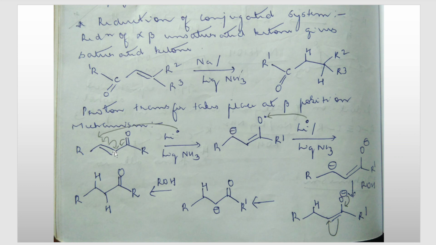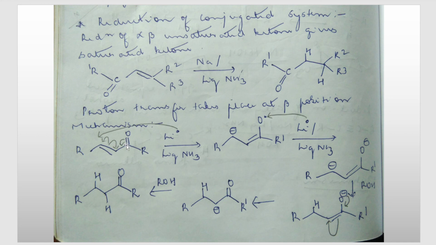Now what has happened to carbon number 3? It already has one electron. There is carbon number 4 here, and carbon number 4 has a double bond with oxygen, that is, a carbonyl group is there, correct? C double bond O. Once again, the pi bond, or the double bond, breaks in such a way that oxygen gets one dot and carbon gets one dot, or one electron. So now carbon number 3 has one dot and carbon number 4 has one dot, so they can form a bond with each other.